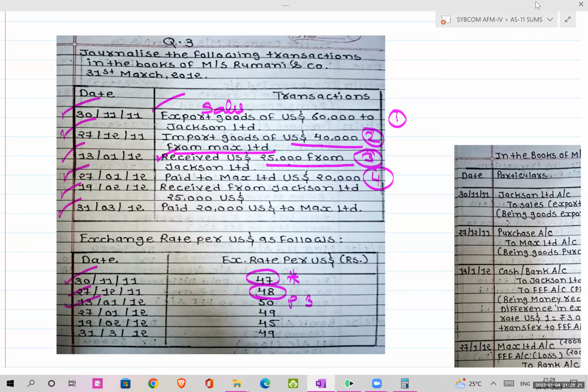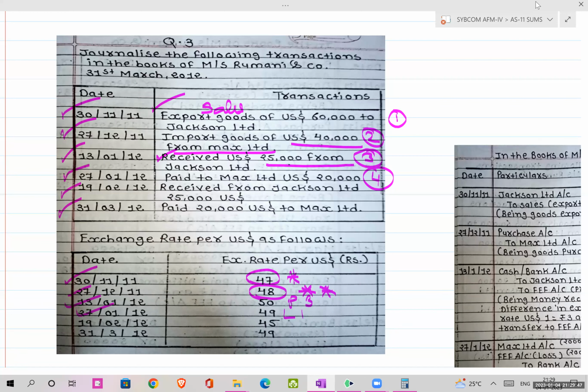fourth transaction. Okay, paid to Max Limited. Max से मैंने खरीदा था, import किया था goods, और import वाले दिन मेरा रेट कितना था? 48 रुपीज. और जब मैं पैसा पेमेंट कर रही हूँ, that day I had to pay 49 rupees. So I had to pay 1 rupee more. So there is a loss of 1 rupee. Okay. Next,